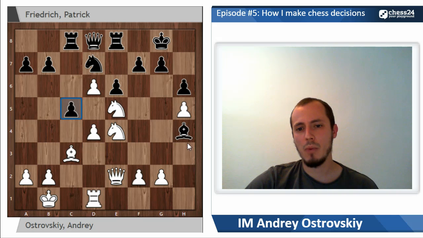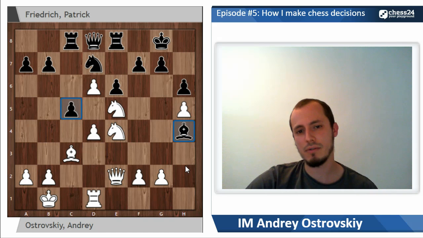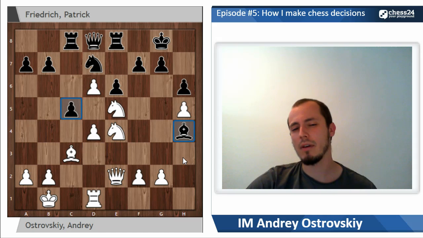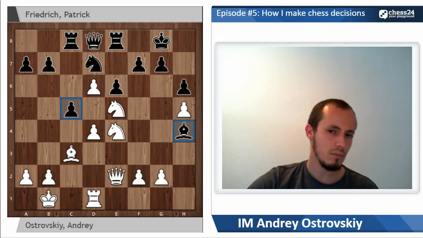And at the same time, we can see now that bishop on h4 is out of play, and I have some concrete threats connected with playing something like g3, f4, and so on, just attacking the bishop. So I started calculating knight e4 line. And here, well, I had, of course,